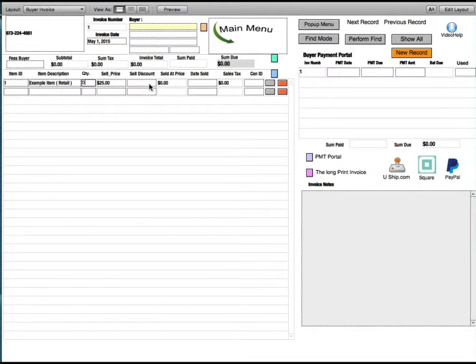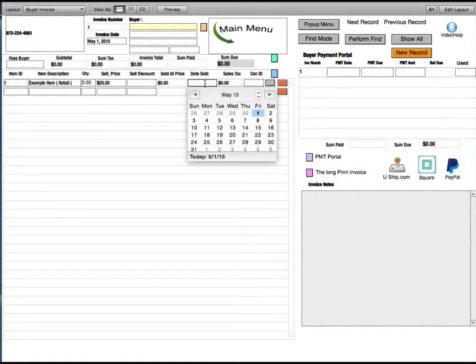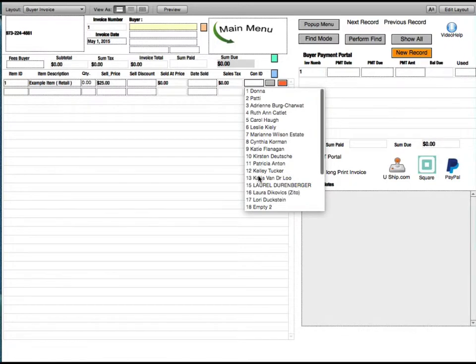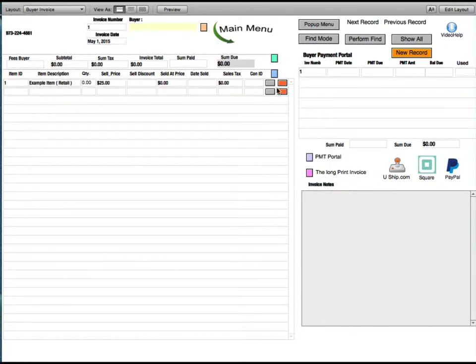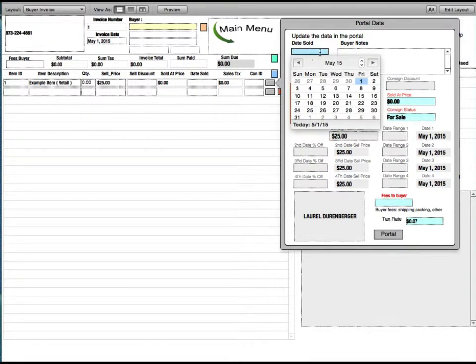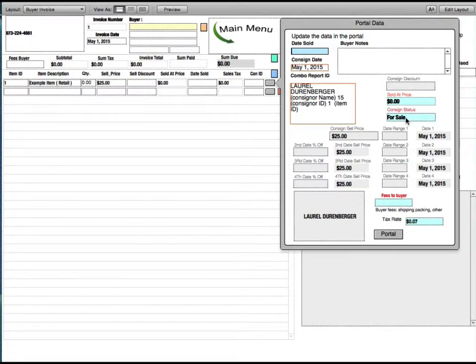That would then be reflected in the portal record for the individual record, and also in all the records that are itemized in the consigned record ID. So the sold at price, you would set the sold at price. In this case, if you did sell it for 25 and then you discounted it, whatever you discounted it would adjust the sold at price. Make sure you put the date sold in. Make sure that the tax is applicable, that it was added or not. Then go to the consignor ID. In this case it was 15, and then check your record here, pop it up, and make sure that the date and then the date sold needs to be filled in, and then you change the status